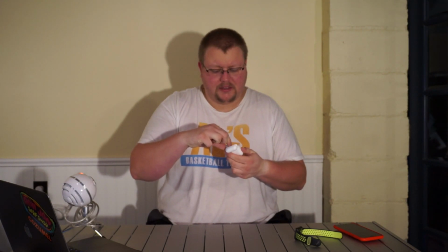So starting with the Apple AirPods. The Apple AirPods are in a small little charging case. For totally wireless headphones, this is probably the smallest charging case there is. The whole idea behind these is each headphone gives you 5 hours of battery life and the case gives you 24 hours total, which just makes it so that you really only have to charge maybe once a week, maybe once every 2 weeks. Or if you're like me, roughly once every week and a half, kind of, sort of,